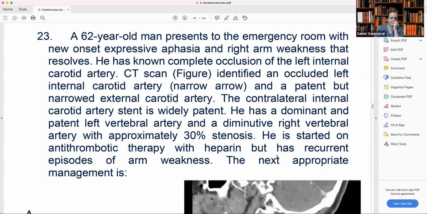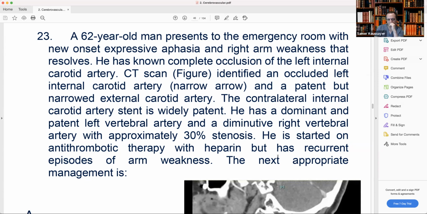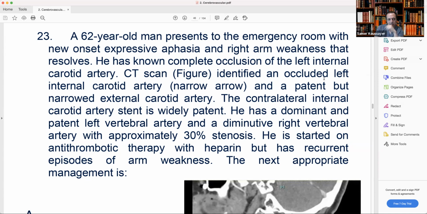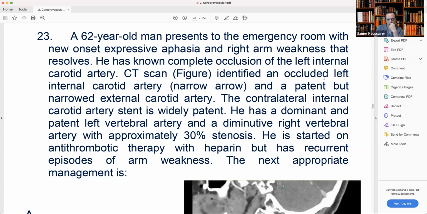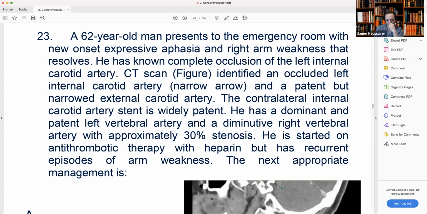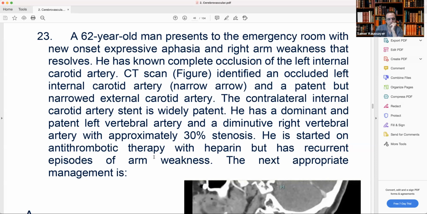Okay, before we go, let's see what he has. He has an occlusion of the left ICA, correct? Yes, complete occlusion. But he's still coming with a TIA in the right arm. They look at the other internal carotid, it looks fine, it has a stent and it's widely patent. Then they look at the vertebrals: the left is patent, the right has 30% stenosis. They start him on heparin. So now he's still getting symptoms,